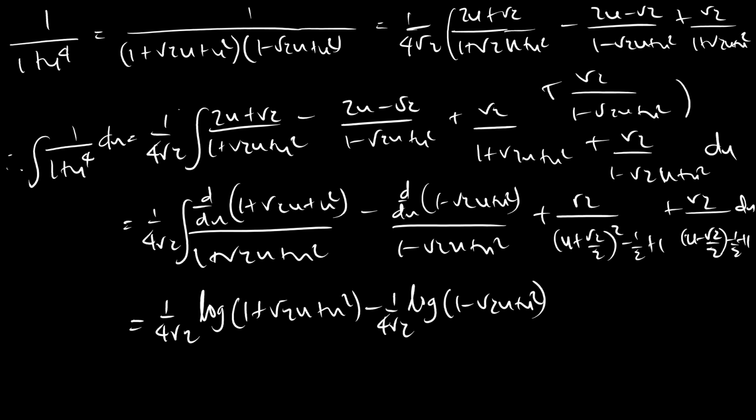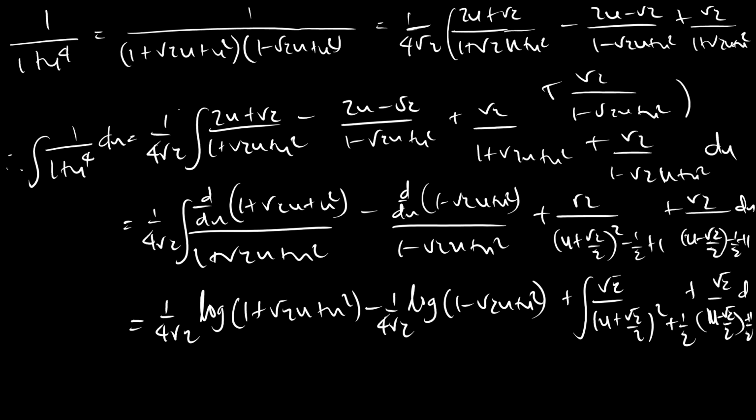And then here we are still left with an integral of root 2 over u plus root 2 over 2 squared plus a half plus root 2 over u minus root 2 over 2 squared plus a half. The important thing to note here is we can equate this guy to